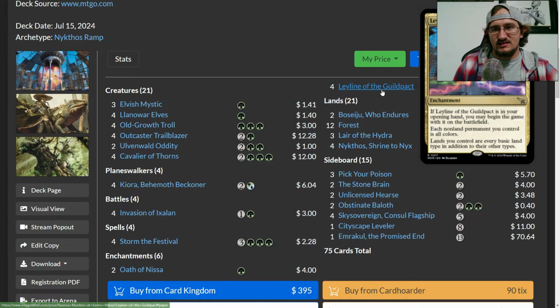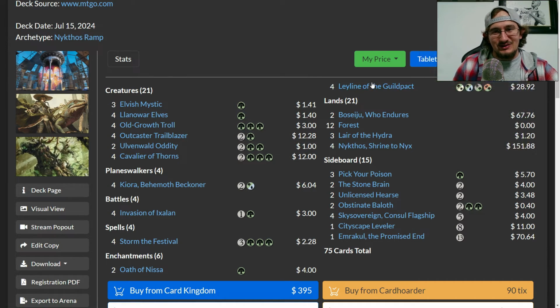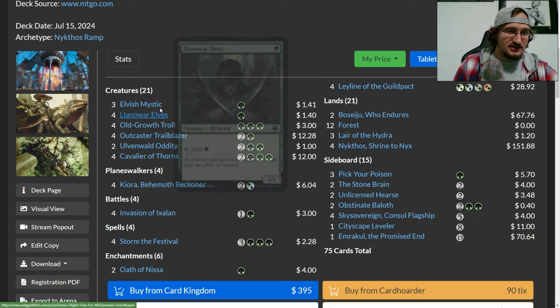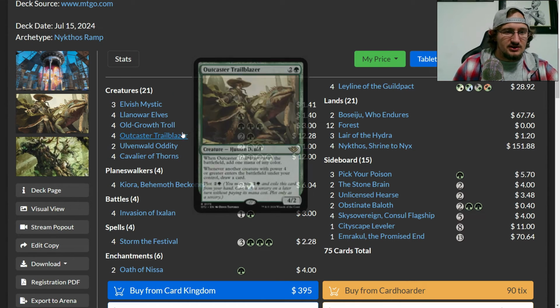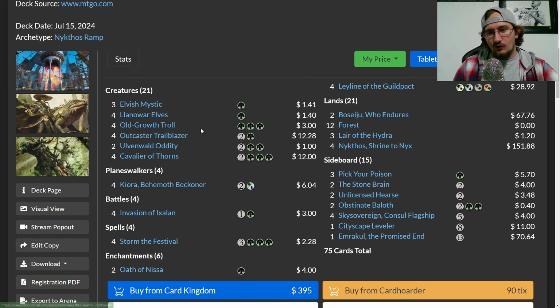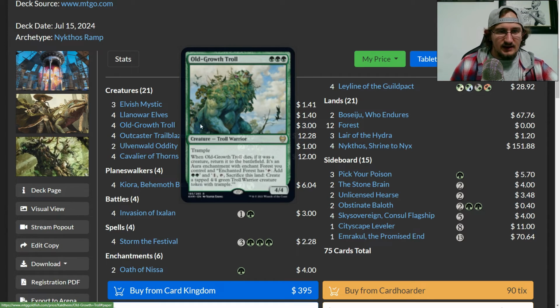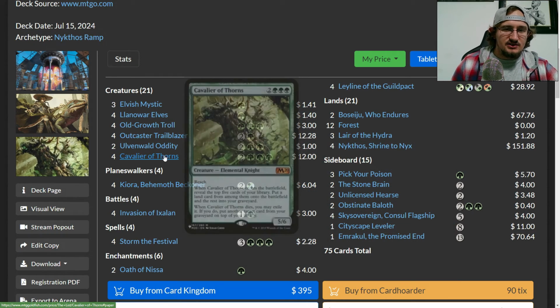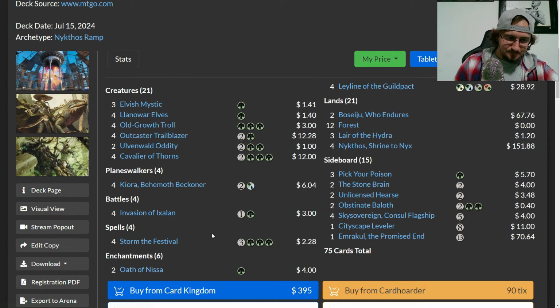So remember that if this is in your opening hand, even though there's going to be a lot of green Devotion, it's going to put you on a mulligan to 6. So your hand has to be pretty good past this as far as stuff to do. If you're looking at maybe Forest, Nykthos, and then maybe 1 or 2 Elvish Mystics or Llanowar Elves, some combination of those, and then an Old Growth Troll, you're going to be able to have a ton of mana in play, and you're essentially looking for stuff like Storm the Festival, Invasion of Ixalan to find some of these other big creatures like Cavalier Thorns, Ulvenwald Oddity, Outcast Trailblazer, even finding Kioras to generate more